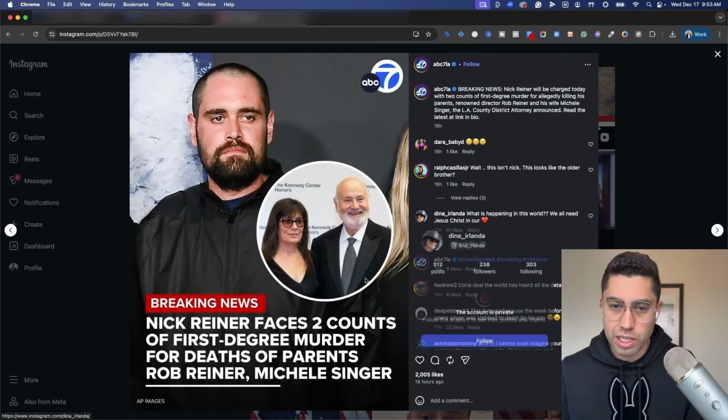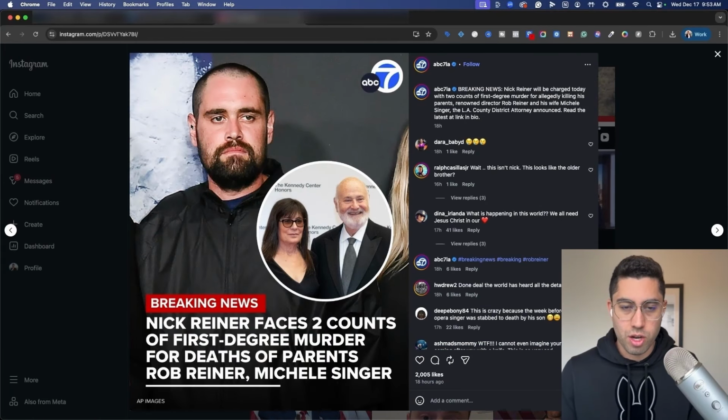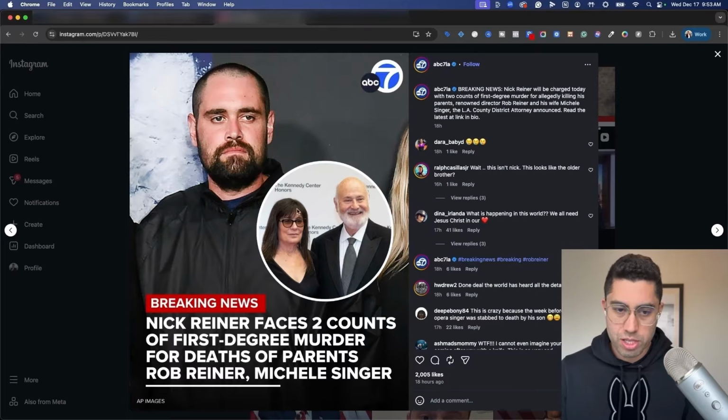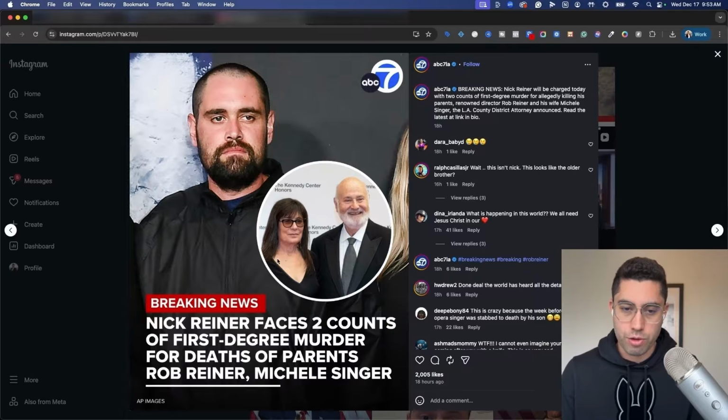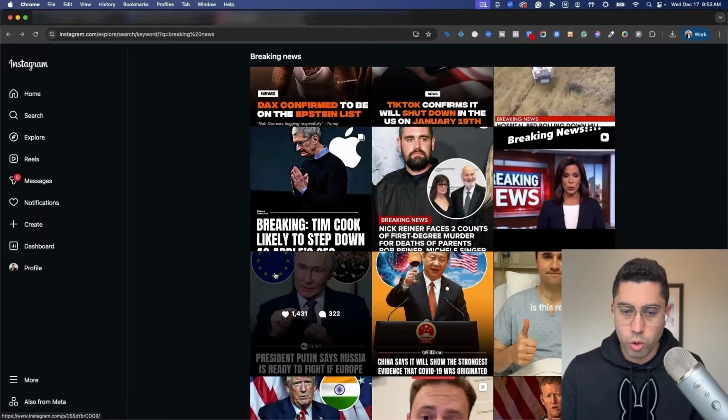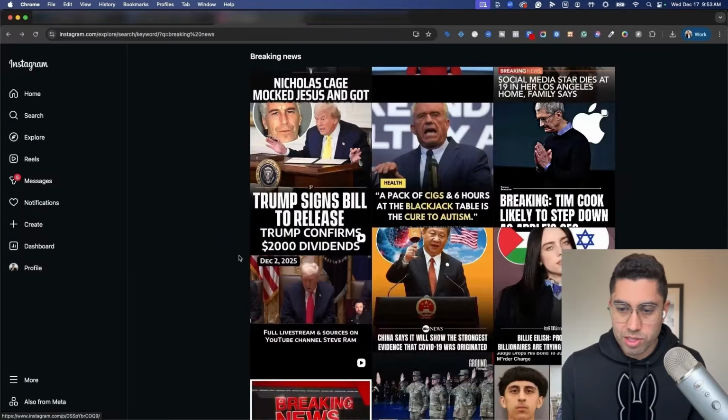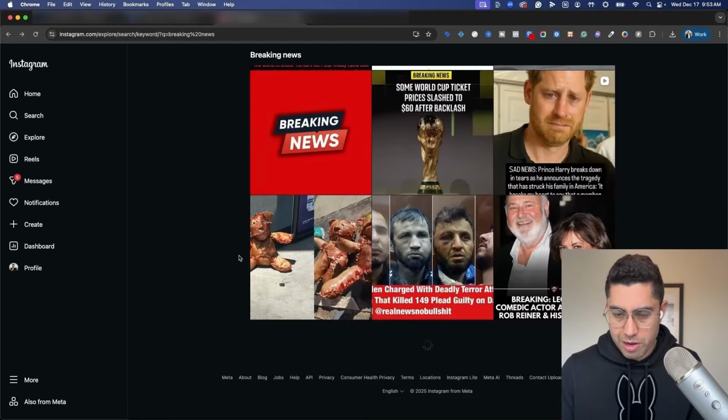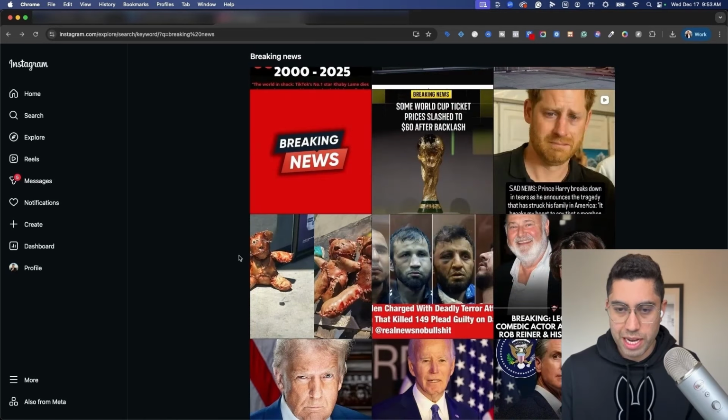A lot of them will have this kind of secondary image here. So this is really great for before and afters. I'll show you an example of that in a moment. But you have here your single image, your second image. This is a good way of showing a before and after transformation. Breaking news headline here and large text, black gradient. You can also throw in your logo in the corner for good measure. Endless amounts of ad creative that you can pick from here and replicate and duplicate as your own.